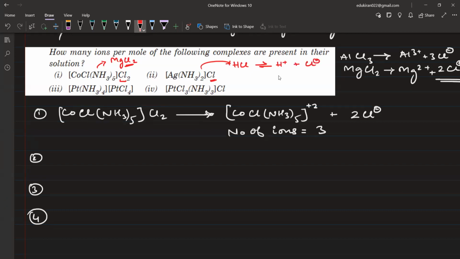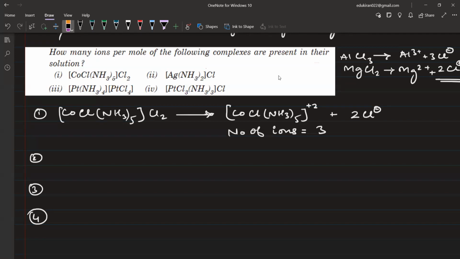How many ions are there? 2. 2 ions, right. So here also it will be the same. This AgNH3, this is going to get +1 charge and this Cl is going to get negative charge. Now both are counterbalancing each other. Got it? Yes. Just look at the number of cations and number of anions. That's it. Samiha, the fourth one is not correct.